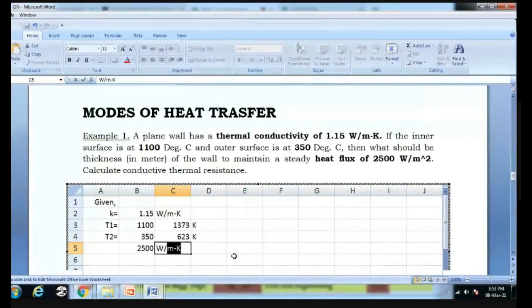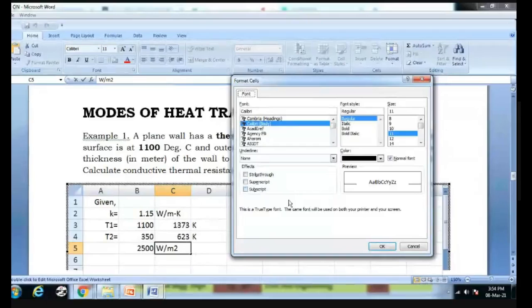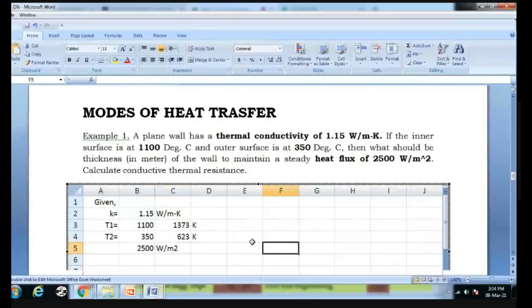Its unit is watt per meter square. Is it Q? Yes, sir. Small q. It is small q. What is the unit of small q? See, I am using Excel. Are you friendly with Excel? The way I am solving the numerical, are you getting it, or do you find some difficulty? Yes, sir. Fine. And are you comfortable with it? Can you use Excel? Yes, sir.